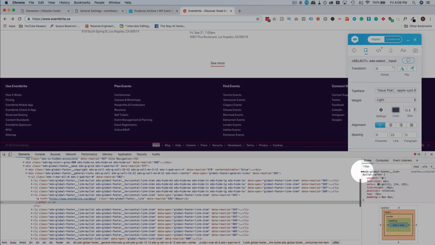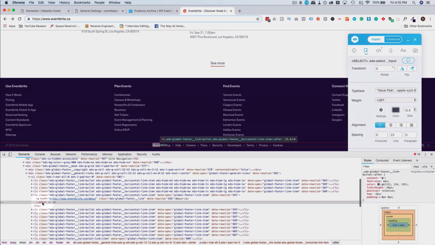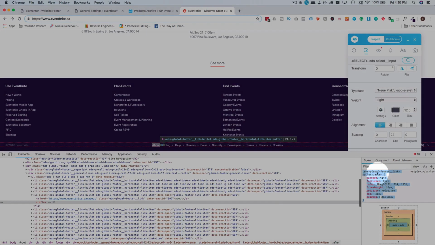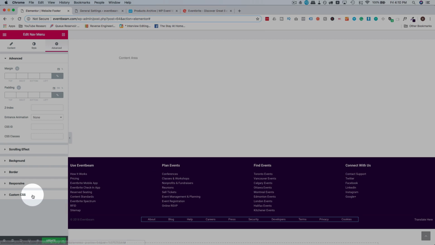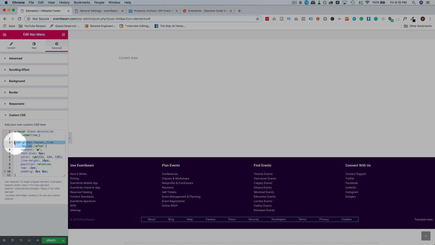So I inspected their element. I opened the list class for the item, and the after pseudo selector is where they're adding that dot. And this is the CSS for it right here. So I'm just going to copy this, and we're going to put that into advanced CSS. Now this is going to apply to all of our links at first, and we don't want that. So I'm just going to put this in and say